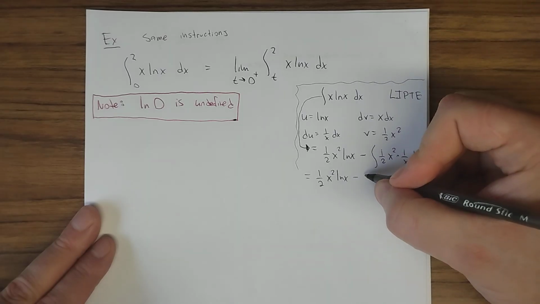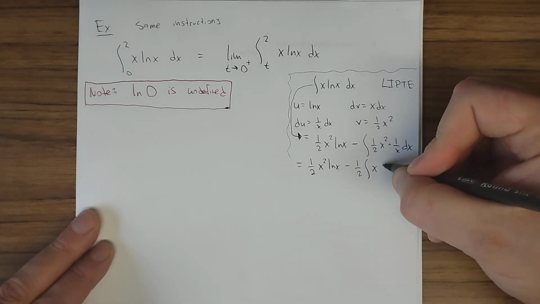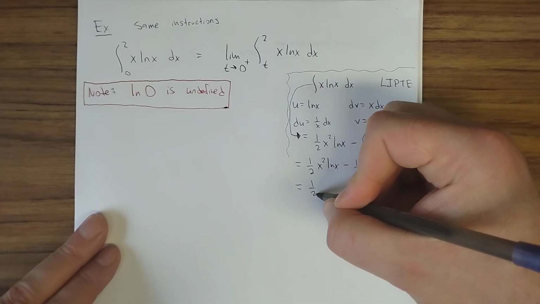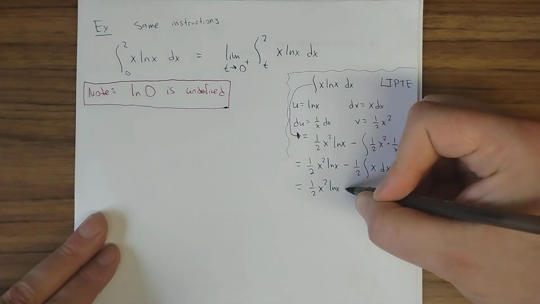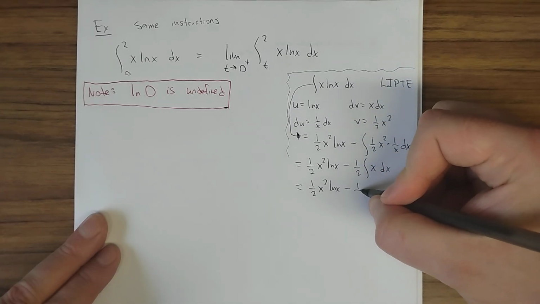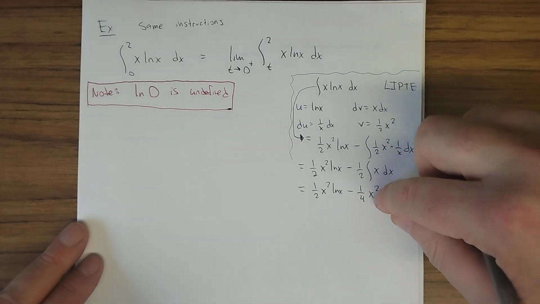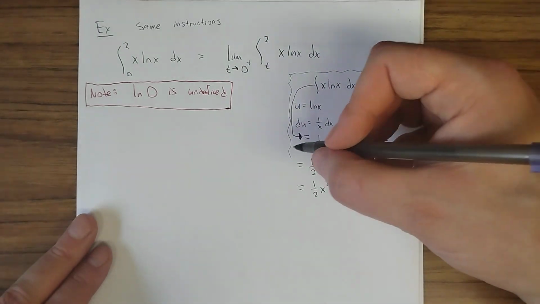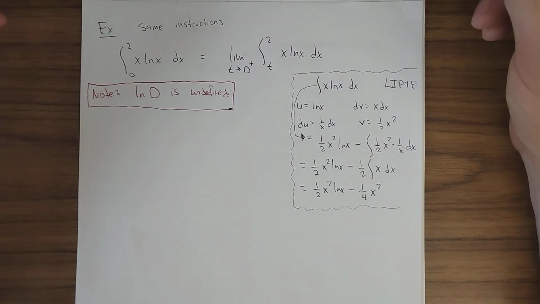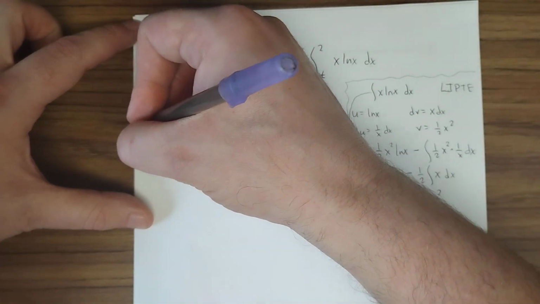Let me clean this up a little bit. I've got a 1/2 that I can pull out, and then x squared, and a 1 over x that just turns into x. Okay. So this becomes a 1/2 x squared, and I've got this 1/2 as well, so I'll write 1/4 x squared. And I'm not going to bother writing plus c because this is just going to go here, and I have limits of integration. Going back to what I was doing, picking up from here,